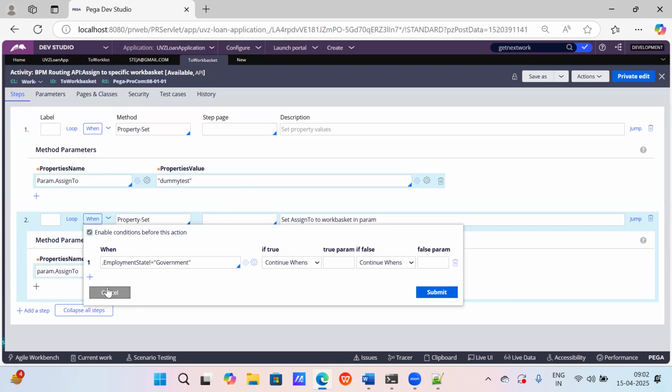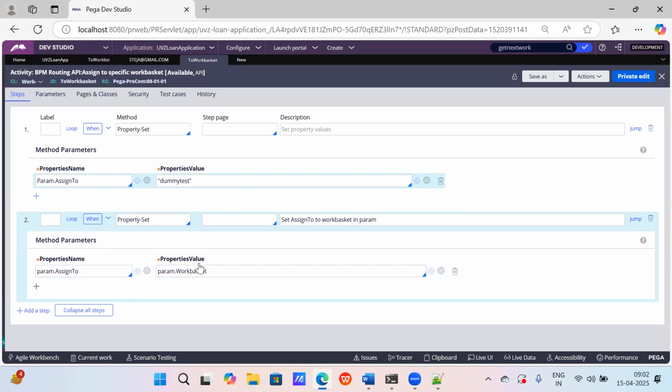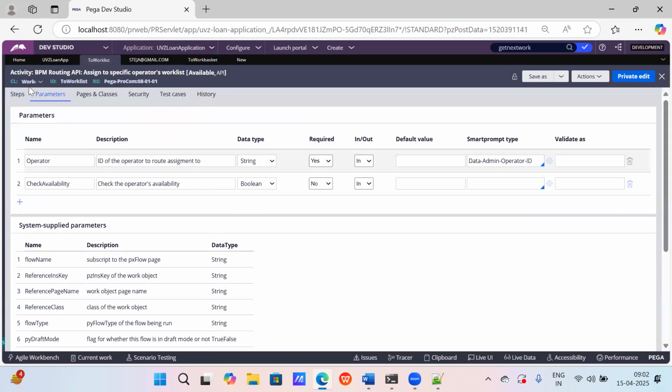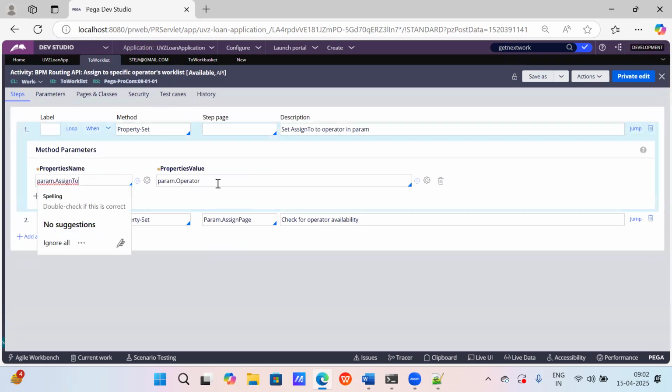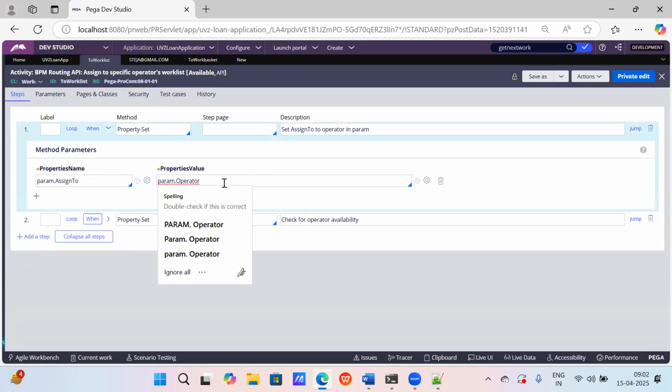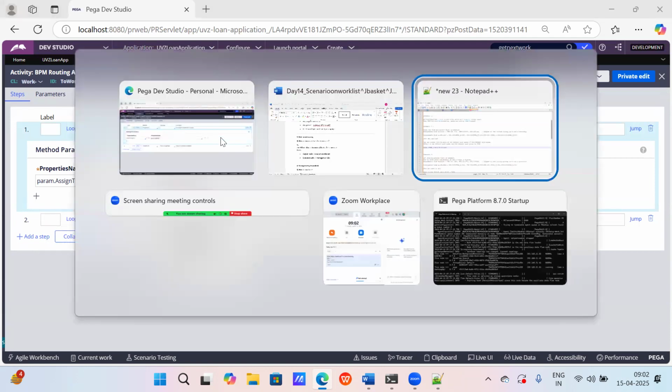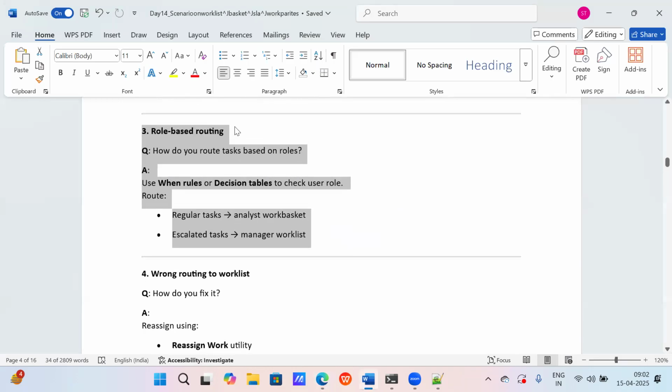Parameter assigned to parameter workbasket; if I open the work list one, parameter assigned to parameter operator, everything will remain the same. But keep in mind that if you want to work on a custom activity, you can do it. This is very important. This is role-based routing.